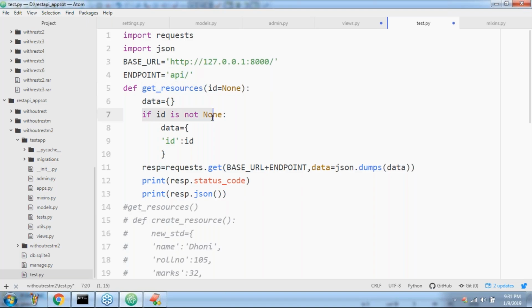If id is not None, you may pass ID or you may not pass ID. Remember this. If you are not passing any ID, then an empty dictionary will be sent. If you are passing an ID, then our dictionary contains JSON with the ID. Now in our view function.